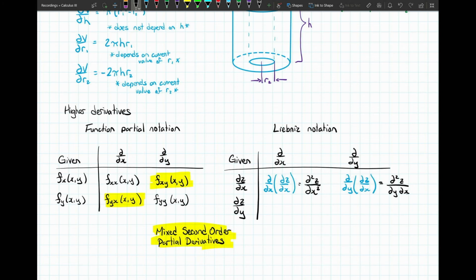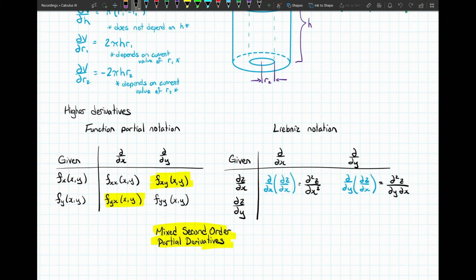Our first derivative was with respect to x, and our second derivative was with respect to y. It does make sense to write it in this order because operationally, we're actually adding in the partial differentiation operator in front of the first derivative. If we're going to apply that same strategy of differentiating the partial derivative of z with respect to y, then